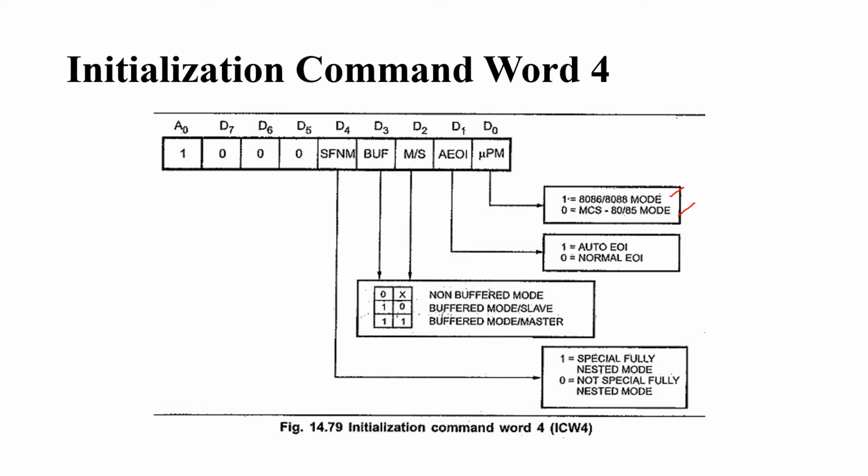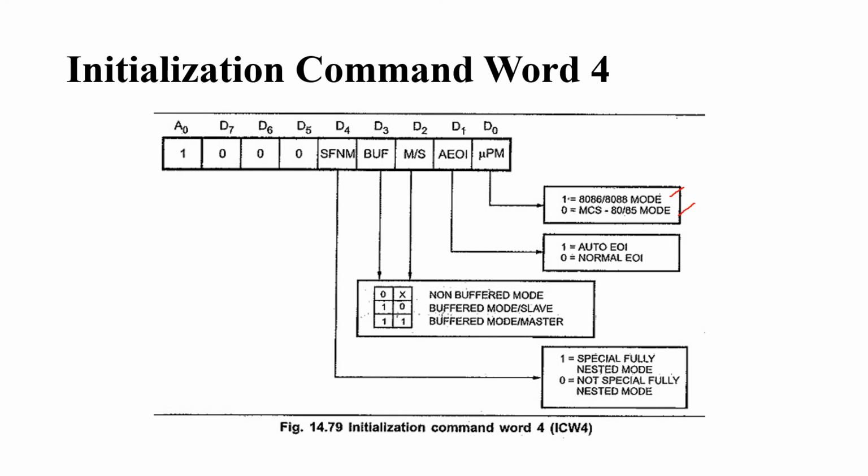In case of normal end of interrupt with specific command, the bit which is to be reset from in-service register is mentioned in command itself. With non-specific end of interrupt command, 8259 looks for the highest bit, which represents the lowest prioritized interrupt, that gets reset from in-service register,